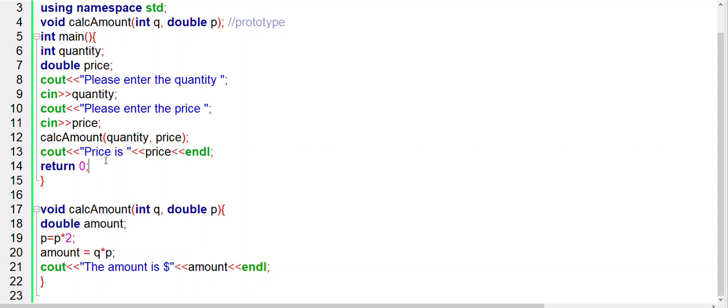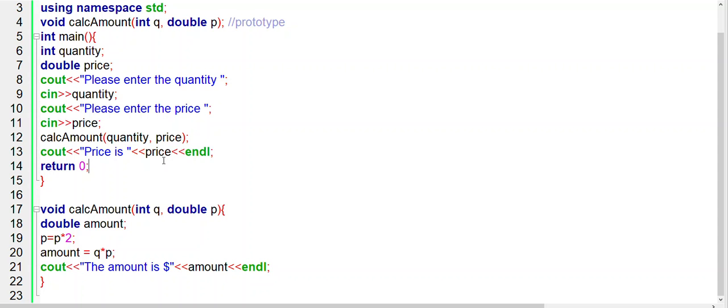So we are looking at the price after the function call. This information is being displayed after the function has completely executed. The return has come back to this line here, and we are displaying the price. So we saw that modifying p, by doubling p,